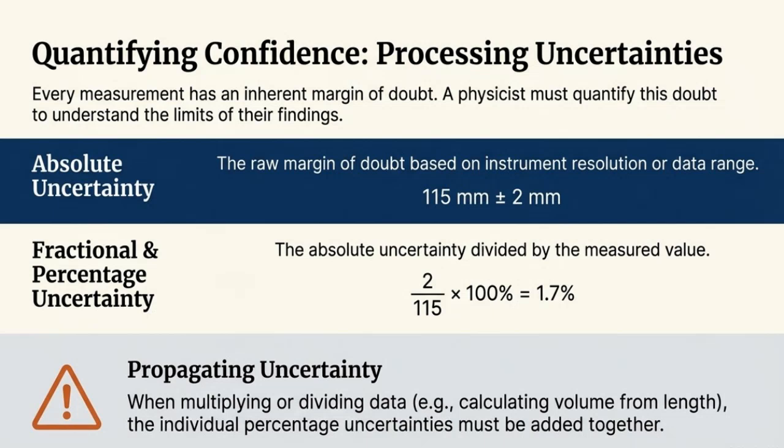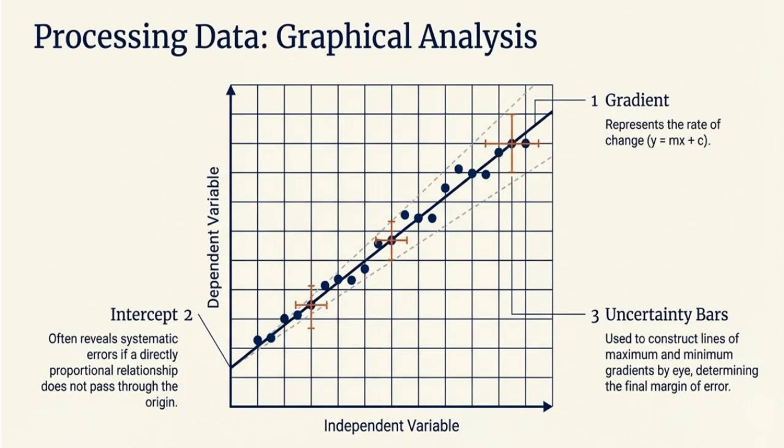confidence in our results. This graph shows how we analyze data by plotting the dependent variable against the independent variable and fitting a line that represents their relationship. The gradient, or slope, tells us the rate of change between these variables, following the equation y equals mx plus c. If the intercept is not zero, it can indicate systematic errors because a directly proportional relationship should pass through